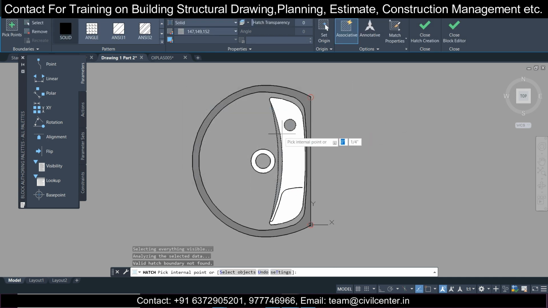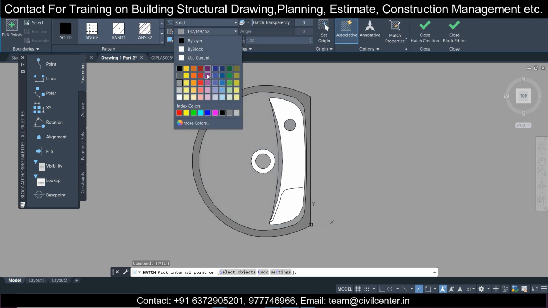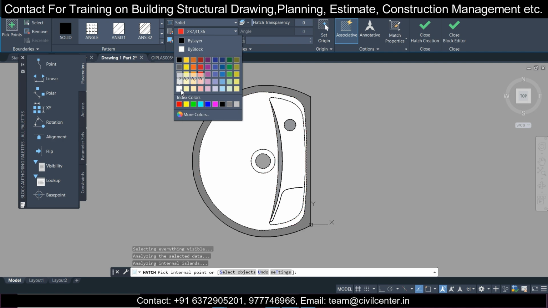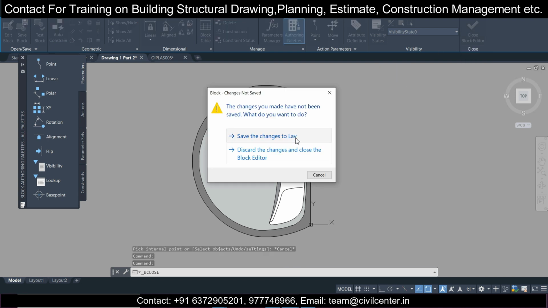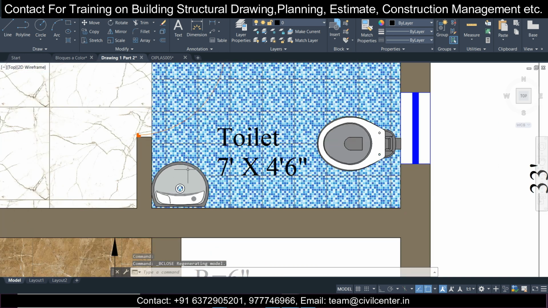Let's take another hatch, any other color, let's say red. Selected this and change the color to this one. So like this you have created this, then close this, save changes. Like this you can color your blocks as well.